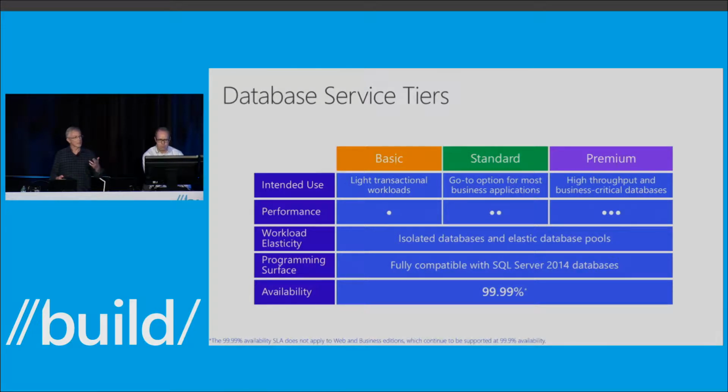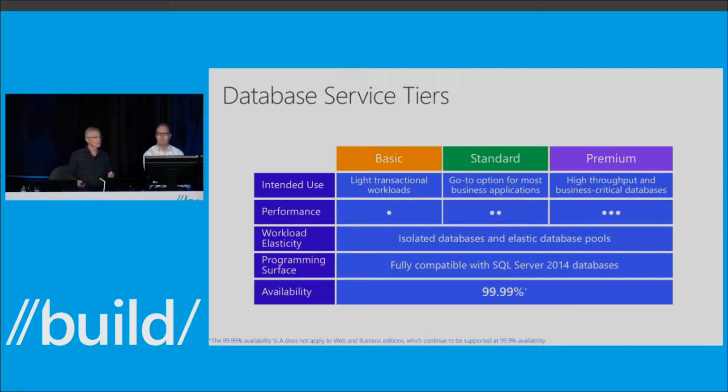So you can see there, one of the key things that differs between those tiers is the performance, and we'll talk much more about that as we go through. So basic databases have effectively the lowest level of performance, so they have a price that corresponds, and then standard and premium, we offer increasing levels of performance with those. But perhaps what's most interesting about this image is not what's different about the service tiers, but what's the same